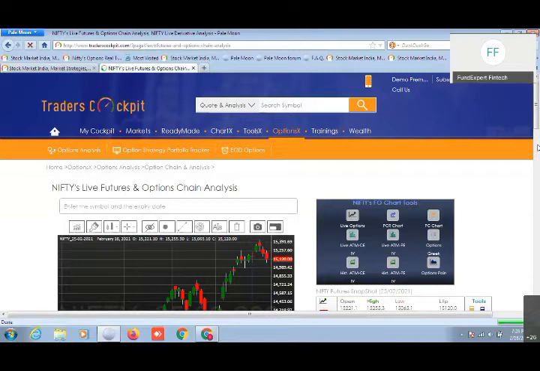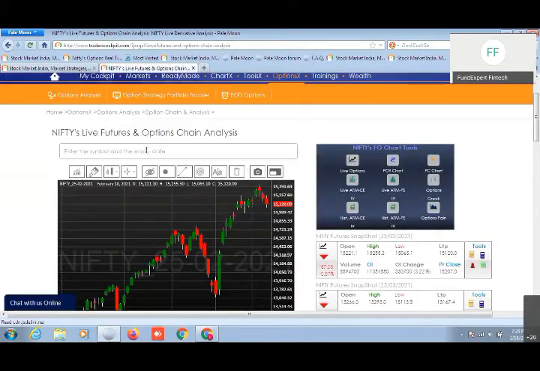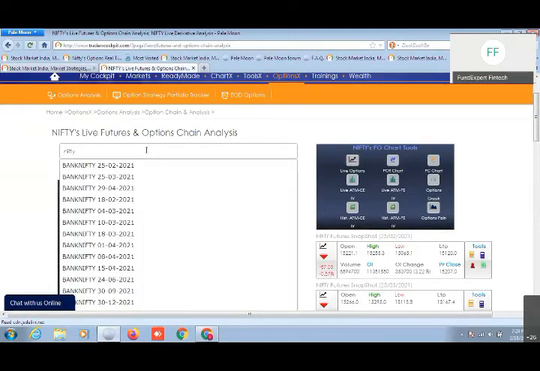Say, for example, you want to analyze on which call option you can buy or which one you can sell, or the major open interest factors for that purpose. Then one can come to the options page here. On the options page, one can type in the particular script name. Say you want to check for Nifty or Bank Nifty. You'll type in the script name here, and then